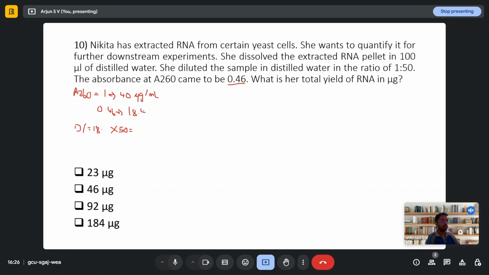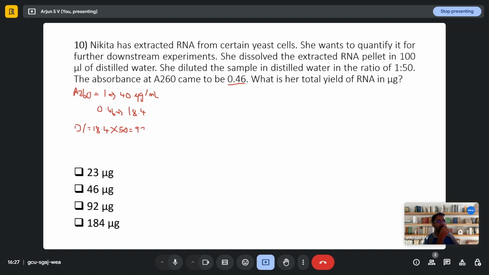So 18.4 microgram per ml, and we are diluting it by 50, 1:50. So before the dilution, it will be 18.4 into 50, which is